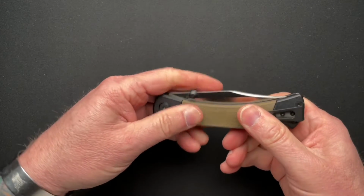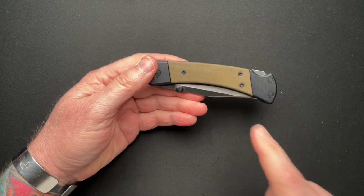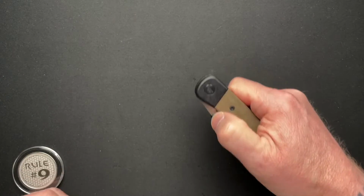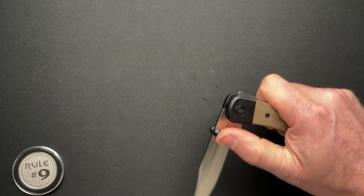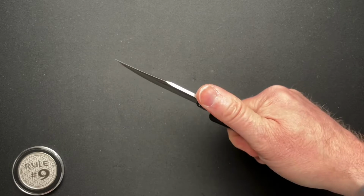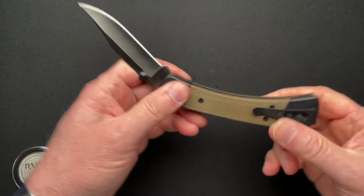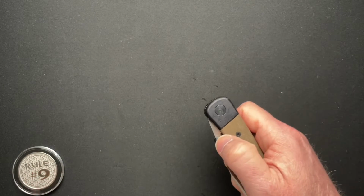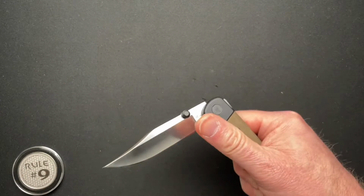Not uncommon. Okay. It fits well in the hand. It fits well in the pocket. The micarta is going to absorb the oils and stuff from your hand and change color slightly, look a little more worn. The lock is solid. I mean, there's no play. This is super solid lockup, which means you can't really flick it open. You can roll it. I mean, with some wrist, let's see. It's not really going to be a flick open,